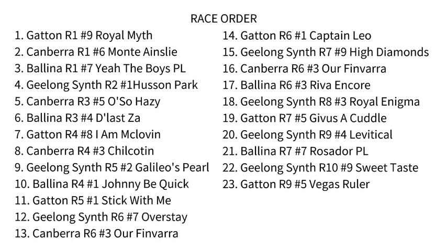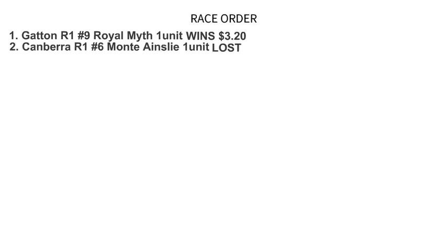And the first bet I'll place is on Gatton Race 1, number 9, Royal Myth for 1 unit, and it wins. And we'll say our units are $1 for this example, so we're returning $3.20. Now our next race is Canberra Race 1, number 6, Monty Ainsley. And because we won on the last race, we wager 1 unit again as we've gone back to scratch, and